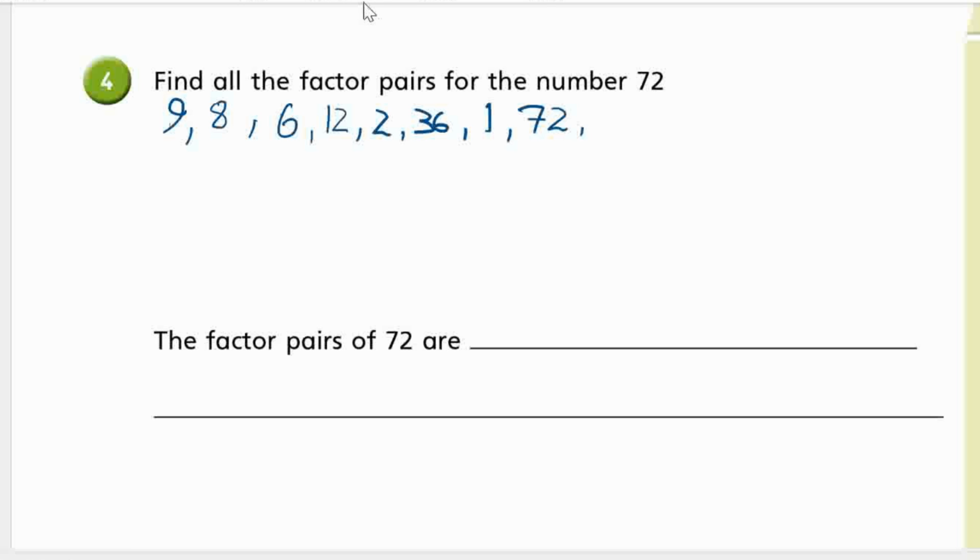So we've got 8, we've got 12, we've got 36, and we can tell that 4 must go into 72 because 4 goes into all of these numbers, right? So 4. But how many times does 4 go into 72? Right, well, that's a tricky one to explain, but we can look at it like this. 10 times 4 equals 40. So if we did 20 times 4,